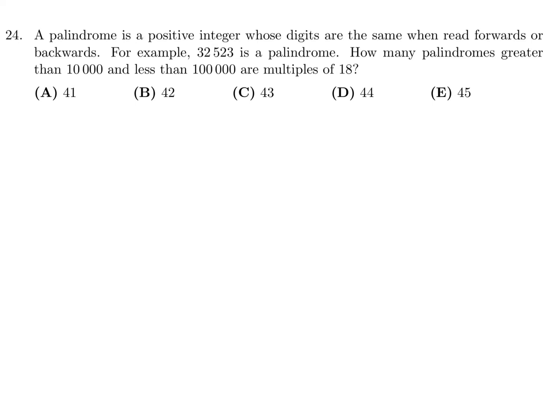Number 24. A palindrome is a positive integer whose digits are the same when read forwards or backwards. For example, 3, 2, 5, 2, 3 is a palindrome. How many palindromes greater than 10,000 and less than 100,000 are multiples of 18? All right, well,